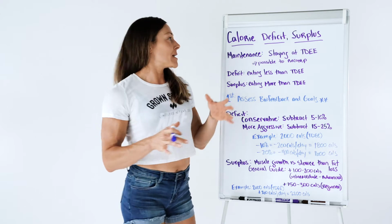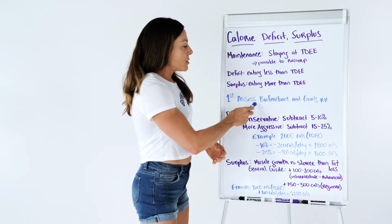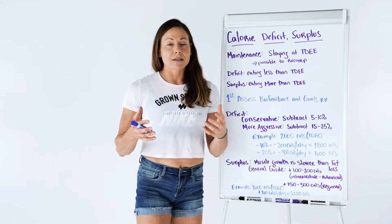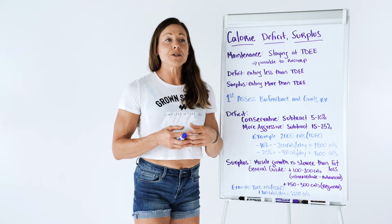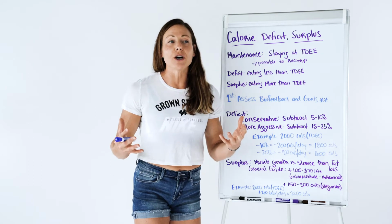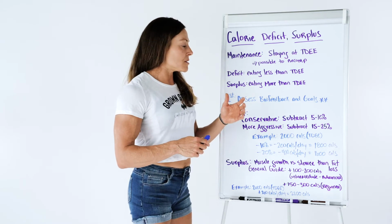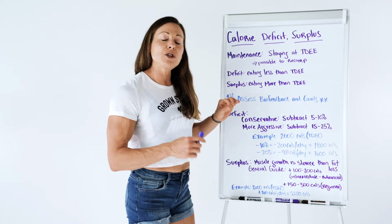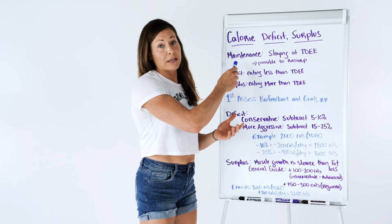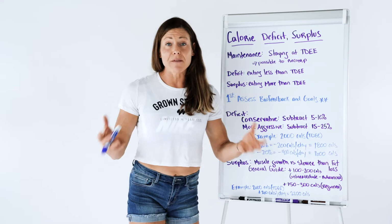First and foremost, when you are trying to decide if you're going to go into a calorie deficit, a surplus, or stay at maintenance, you want to assess your biofeedback and your goals, okay? What I mean by that is, what's your goal? If your goal is to see a little bit more definition, have that athletic look, lose a little body fat, maybe put on some muscle, then you want to take a look at maybe not going into a deficit right away, but understanding if you need to stay at maintenance for quite a little bit of time, or a surplus